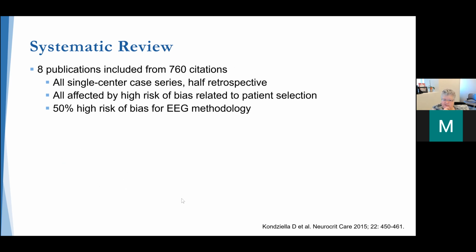So how useful is this overall? A systematic review of 8 papers were identified from a large number of citations looking at ischemia. They found that all of the papers were from single center. About half of them were retrospective. All of them were highly biased, meaning that there were